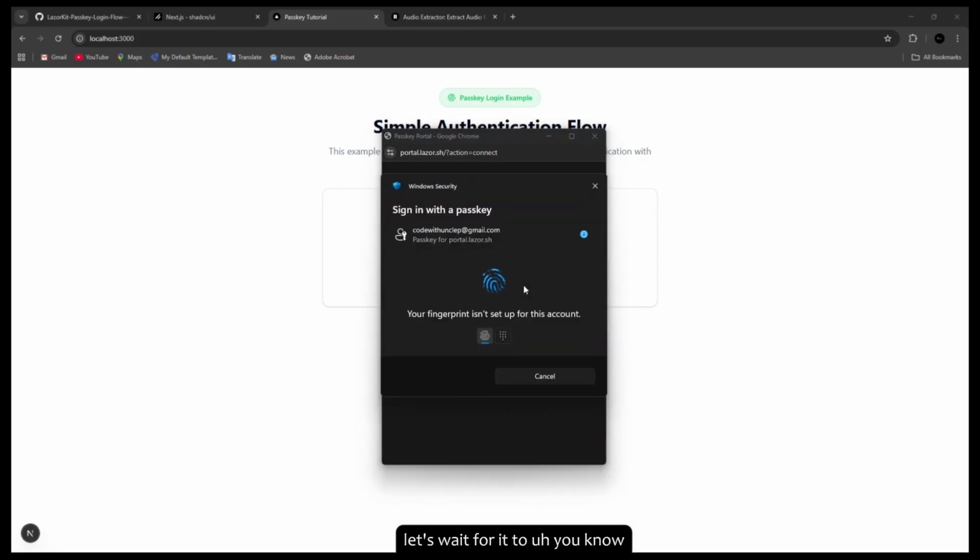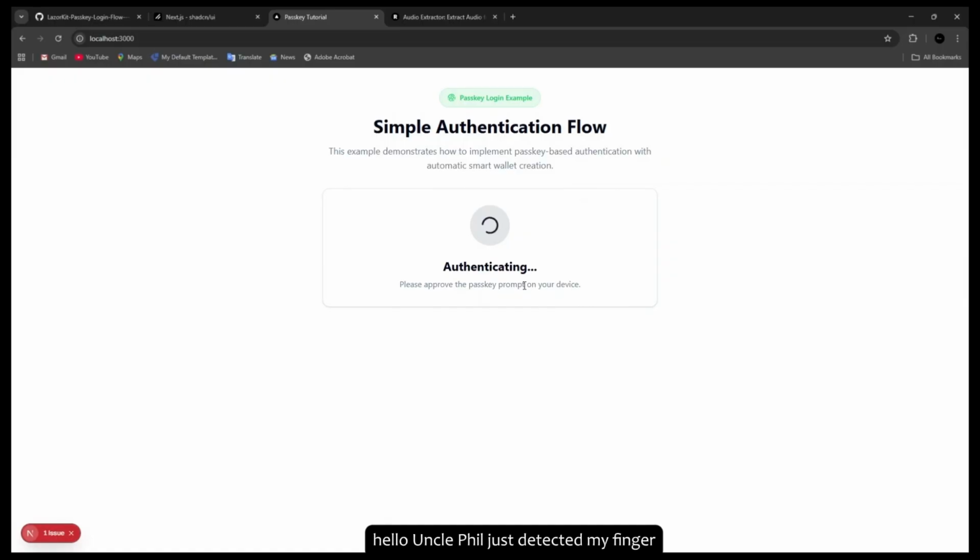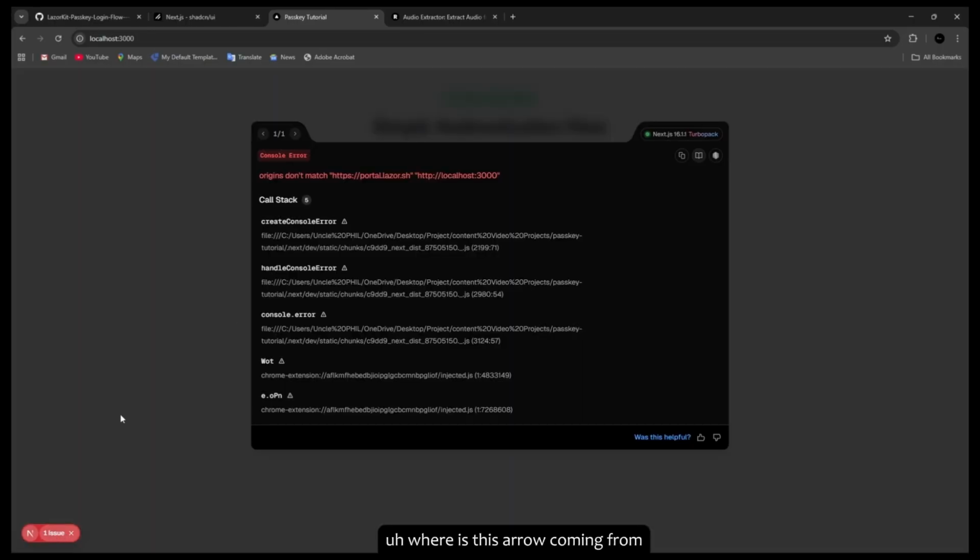Let's wait for it to indicate that I've successfully added my fingerprints. It's trying to detect my finger. Come on. Yeah, it just detected my finger. Where's this error coming from? I think it's